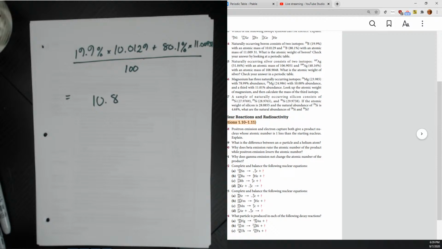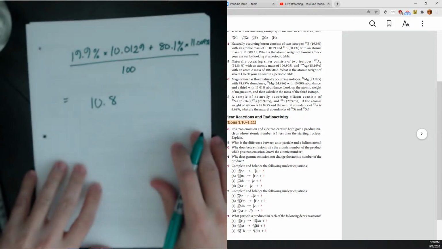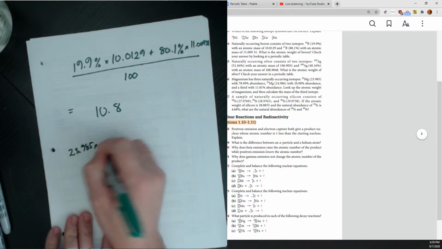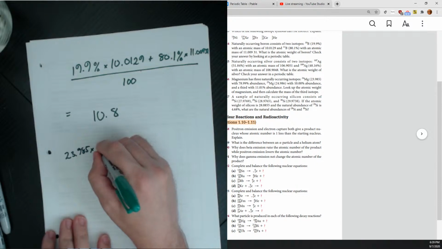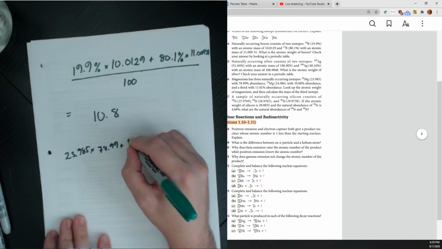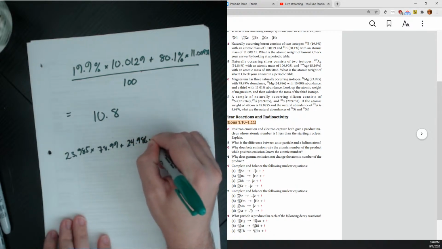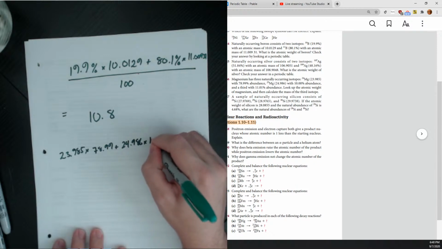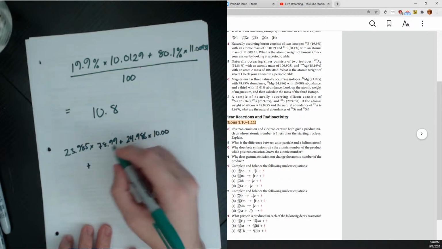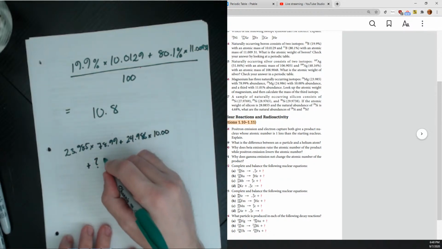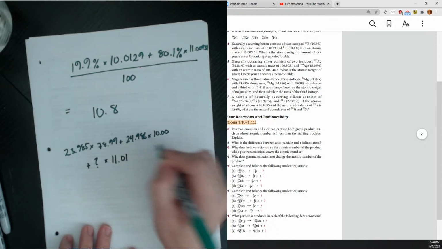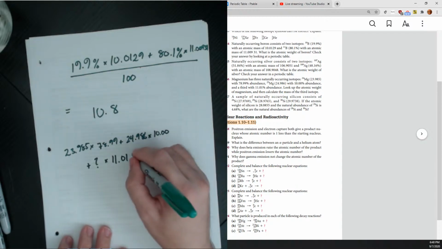Okay, so the 3 isotopes, we have 23.985 times 78.99. Then our second isotope is 24.986 with 10%. And our third isotope is a question mark times 11.01%. Okay. So you add all those together,